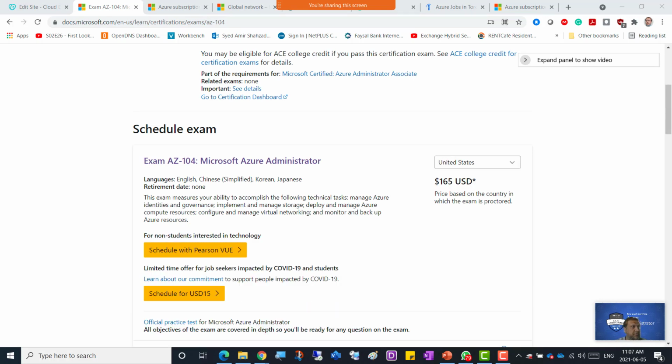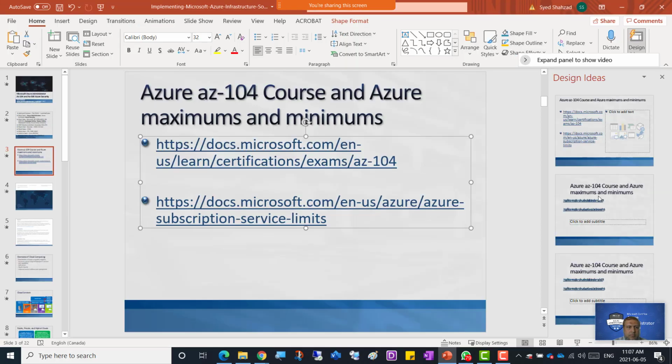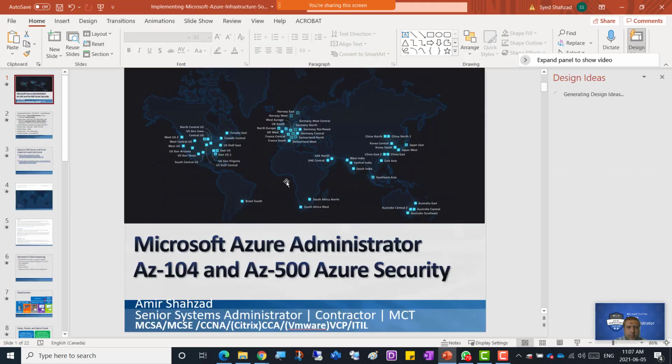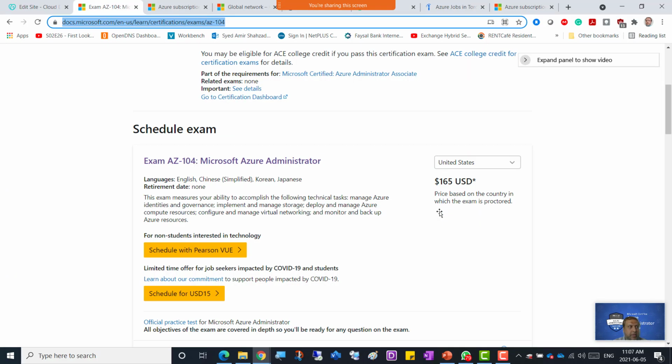Okay, Amir says, if you would be teaching, yes. The start of the slide starts like this: Microsoft Azure Administrator AZ104 and AZ500 Azure Security. So yes, I'll be teaching AZ500 as well, which is Azure Security. Okay, let's go ahead and you're welcome. So now,